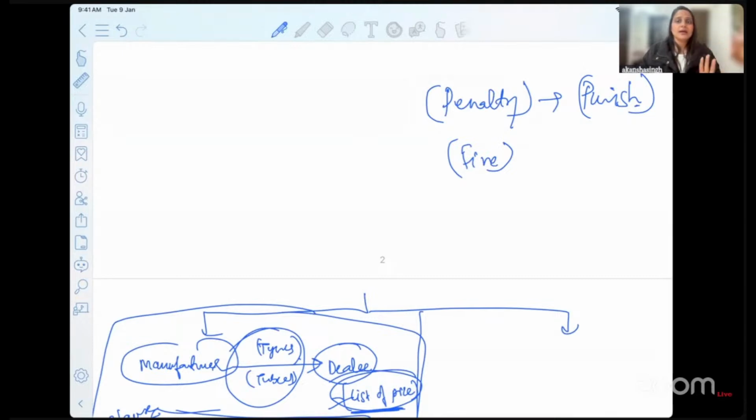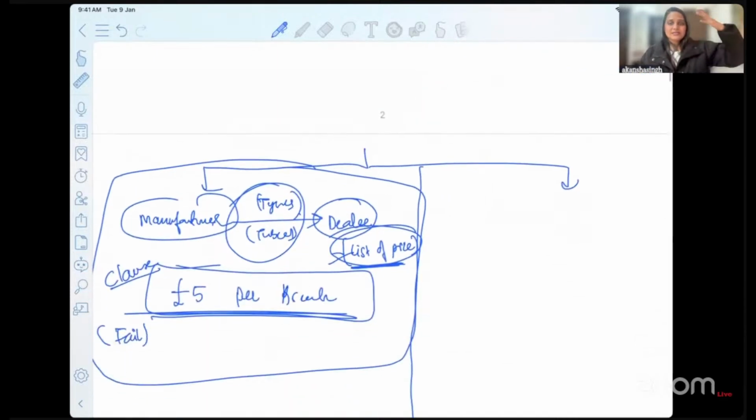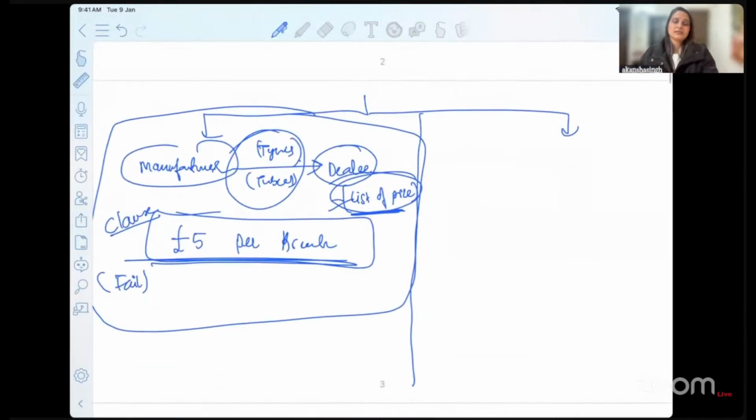All these sound as though they are punishing somebody for the wrongful act. Now, keeping that concept in mind, try to understand my next example. Okay, X is again a dealer or a manufacturer